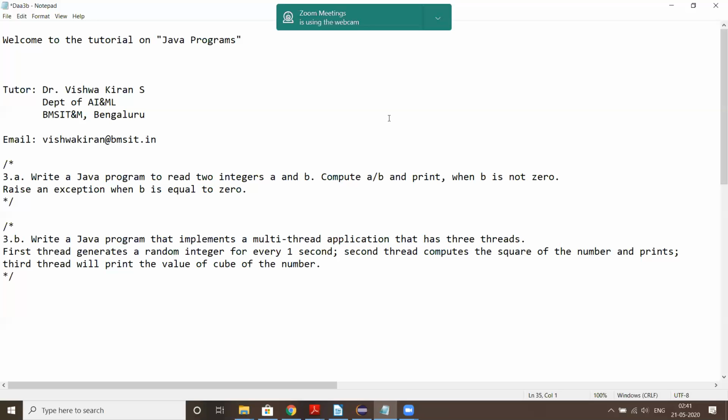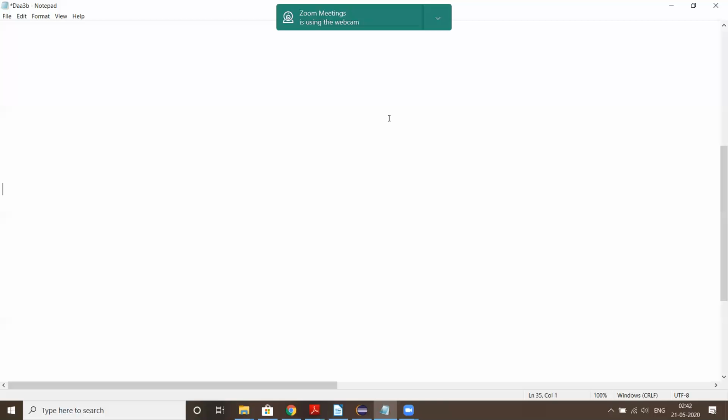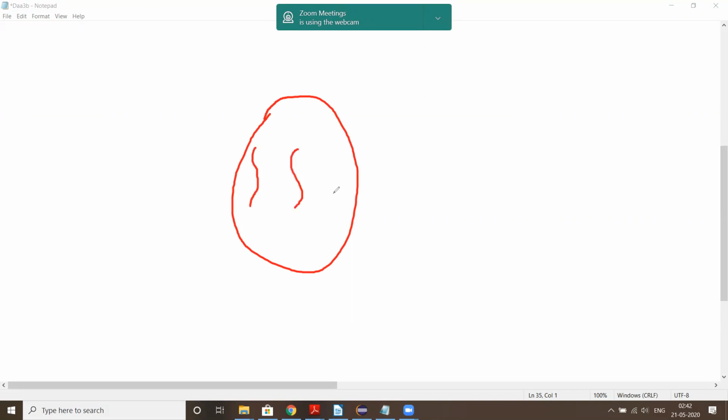Okay, so let me show you the pictorial representation of this program. After understanding this thread concept, we can move on to the programming part. So consider a process having 3 threads. So this is thread 1, thread 2, and thread 3.